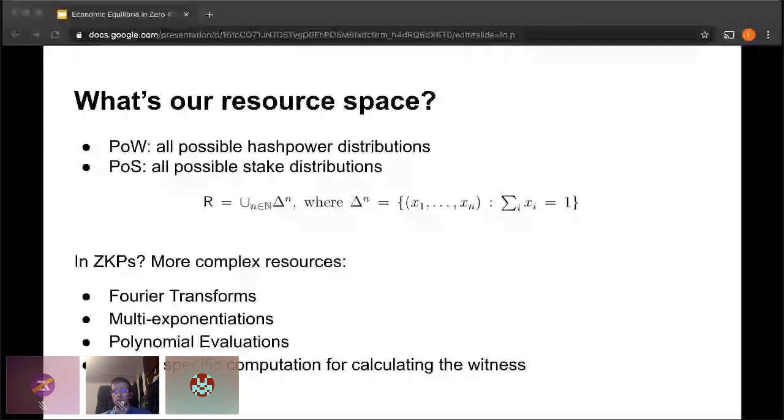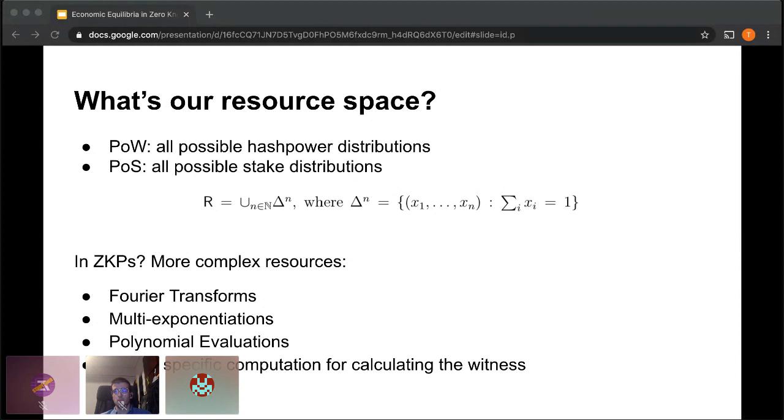Now, what about zero knowledge proofs? I'm not sure why my video disappeared, but what about zero knowledge proofs? Well, zero knowledge proofs have a lot of different resources that end up being used that have very different hardware properties and/or algorithmic properties in terms of how well you can parallelize them. There are communication lower bounds, or properties of a certain group, like random walks can't mix fast enough, etc.